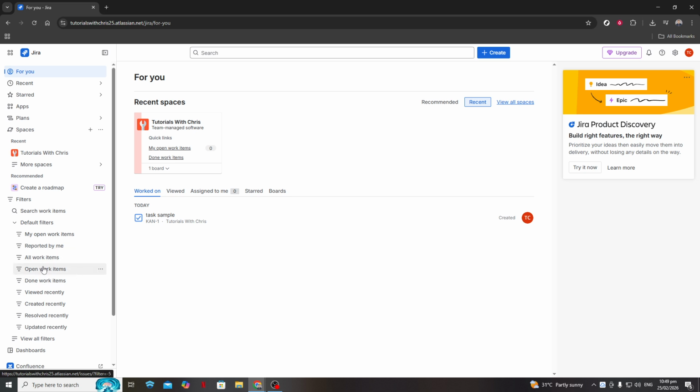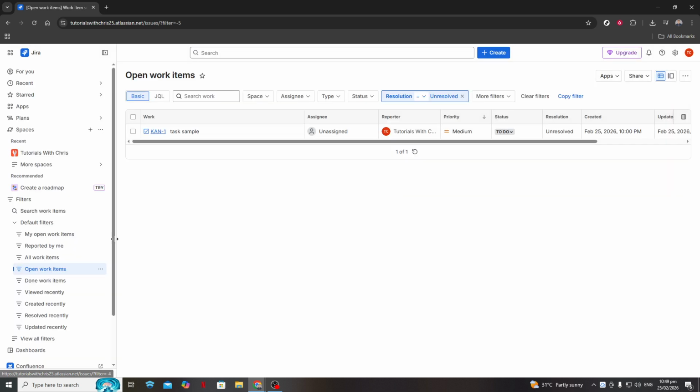On the search screen, you'll see options to narrow down your issues. If you're in basic mode, you'll have drop-downs like project, issue type, status, assignee, and so on. Start by choosing the project you want to work with. Then, select any other criteria that match what you want this filter to show. For example, all open bugs assigned to you, or all tasks in a specific sprint. Take your time to adjust these fields until the list of issues below looks exactly how you want your filter